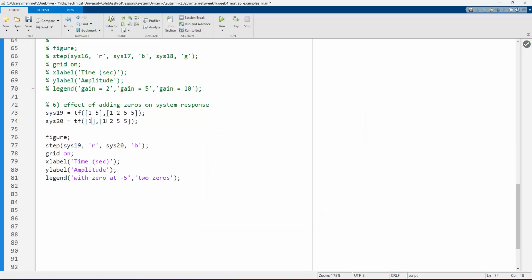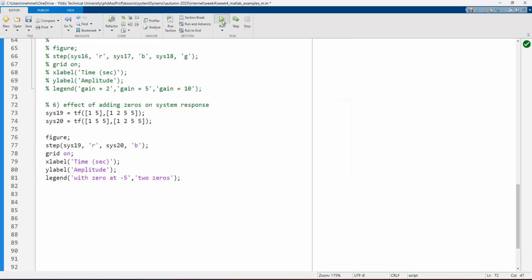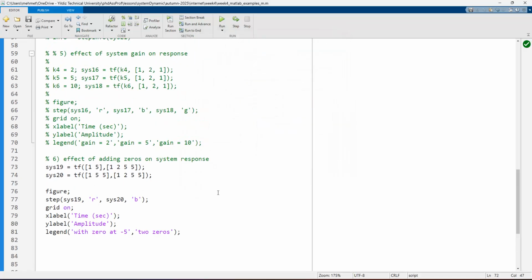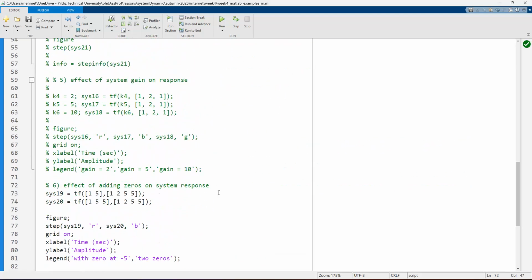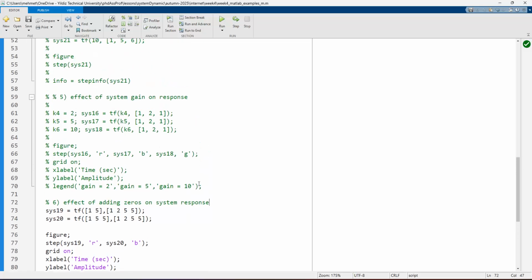But if I choose to remove these terms, just see that in the first system, if you don't have any zeros, the steady state is changed. But if we have two more zeros in this system, the steady state is equalized at the end of this code. Okay, so these are the Matlab session guide, and these are the useful information about the Matlab codes in order to build your system